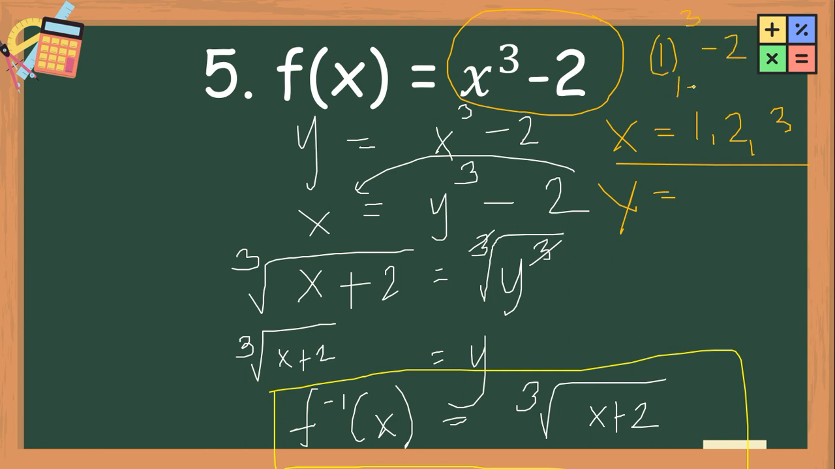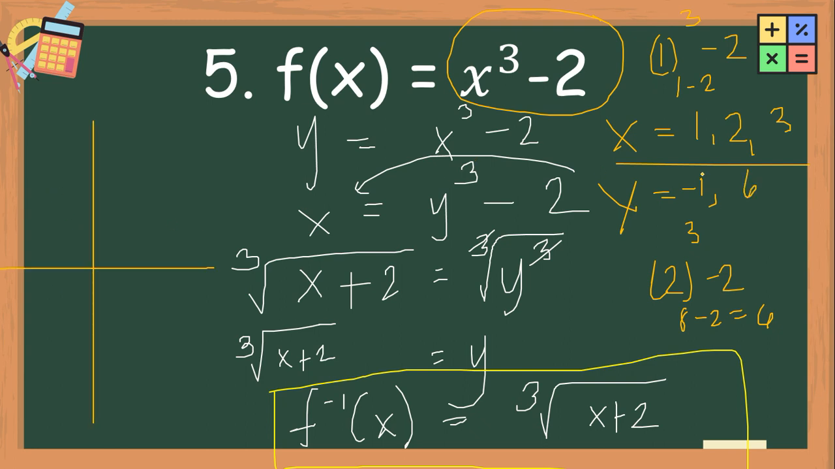What is 1 minus 2? Negative 1. What is 2 raised to 3 minus 2? This is 8 minus 2, 6. So this is 6. I-graph na natin yan. So yung ating 1 to negative 1, this